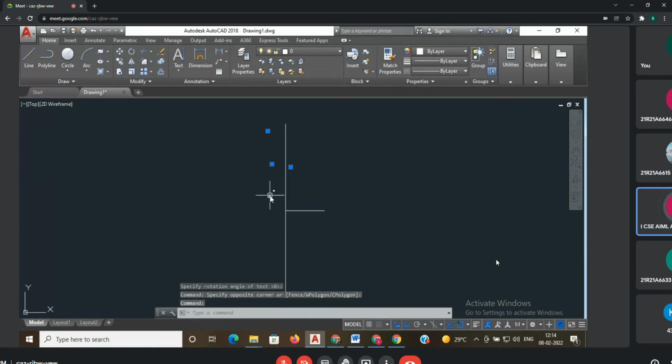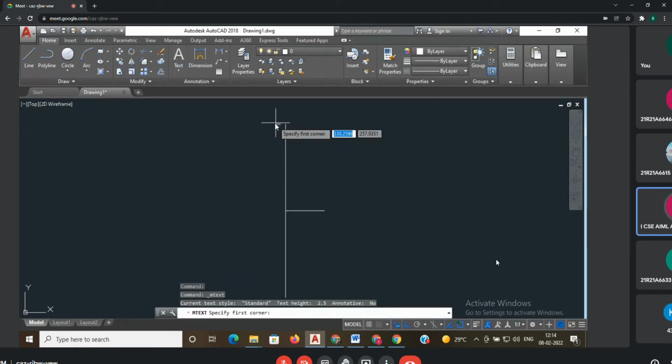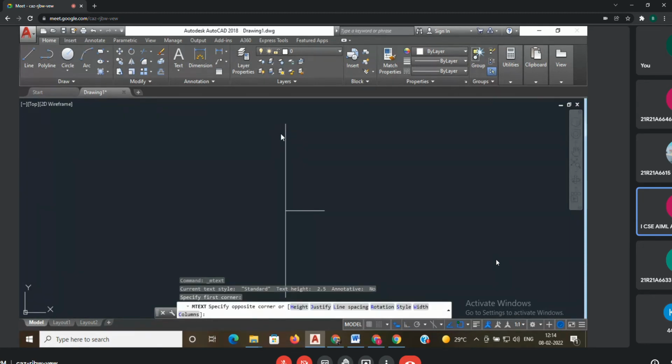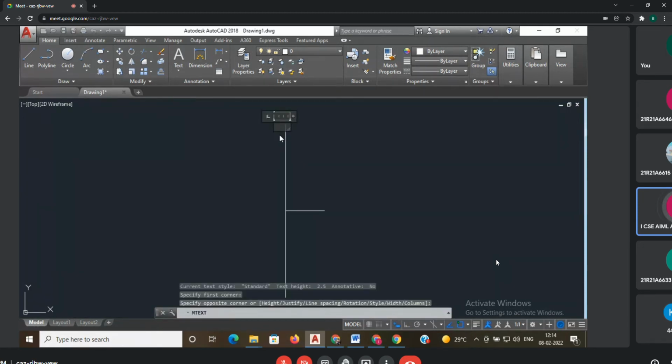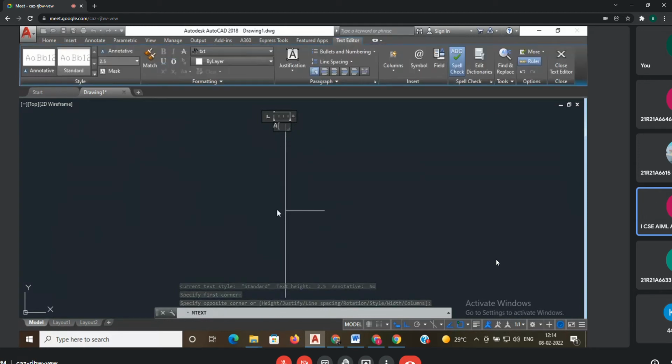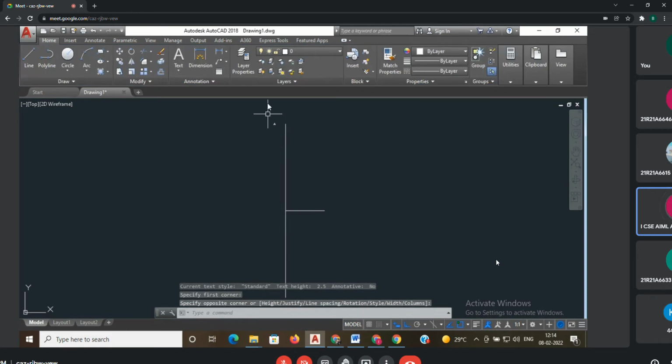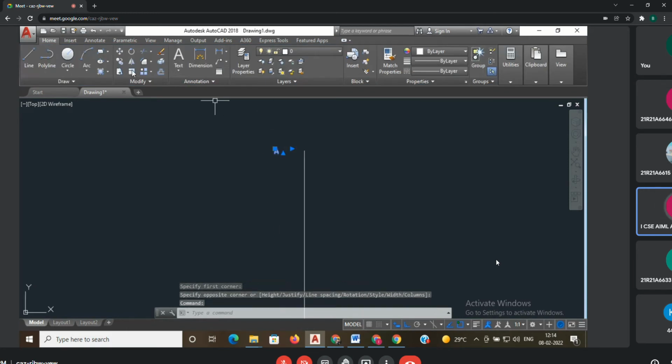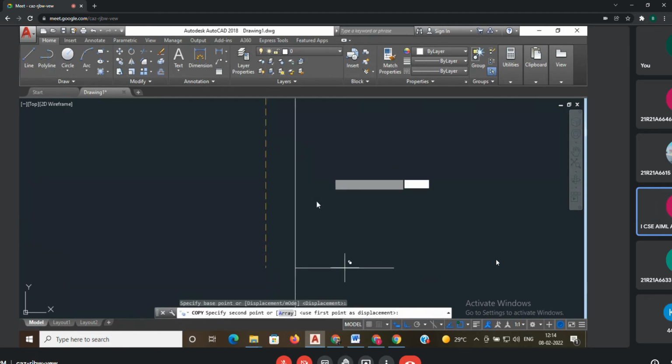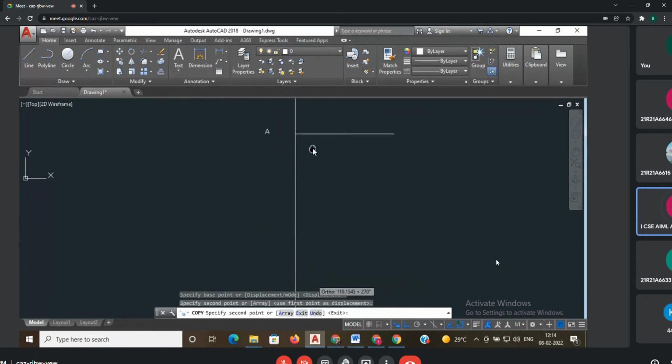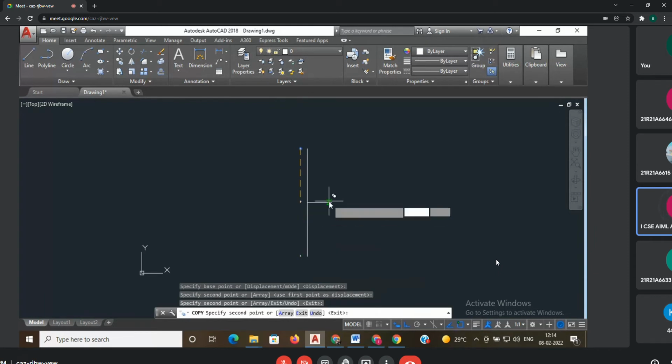See here, I used single text, that's why it's based on its position. I am going with the multi-text. What about here? A. Then I'll go with select, copy, and select it here, and place here C. Here it is B, and here it is F.